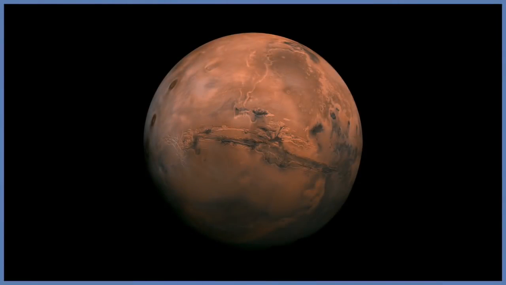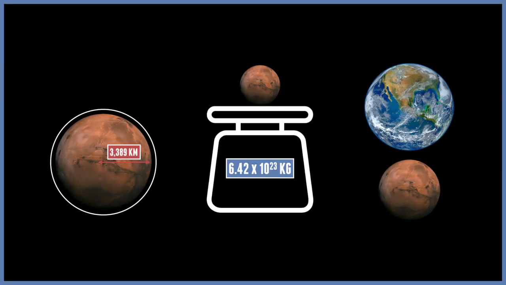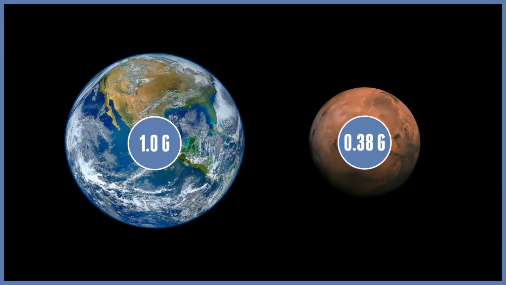So what about Mars? Its size, mass, and density are very small compared to our home planet. It has a radius of over 3,000 kilometers, and has a mass of 6.42 times 10 to the 23 kilograms. But of course, it's a lot smaller than Earth. With this, it comes with a lower density, and therefore its gravity is lower as well, at 3.72 meters per second squared. So if you calculate it, it comes out to 0.38 g, which again is actually closer to the gravity on the Moon than it is to Earth.